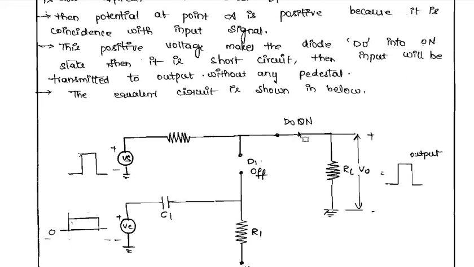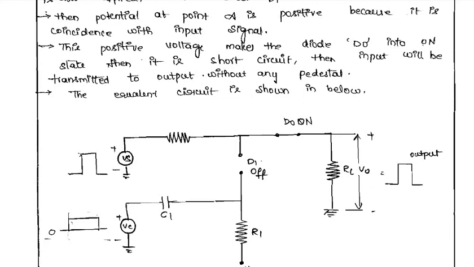So of course your diode D0 will be in the on state, then it will be short circuiting, then the input will be transmitted to the output. So what is the input you have got? That same output will be transmitted. But where does your control signal come in, are you getting any kind of control signal here? No, of course not. So how will you be getting the output?